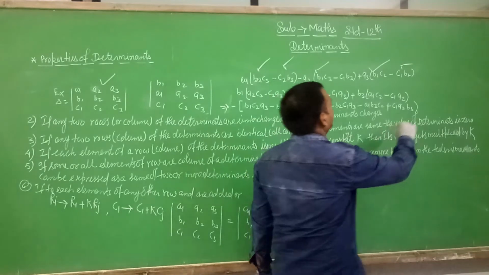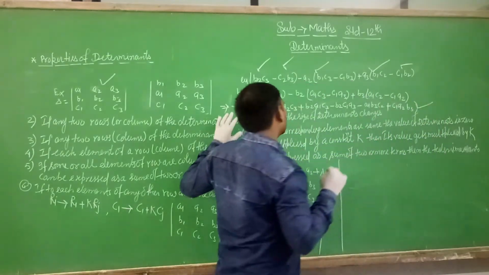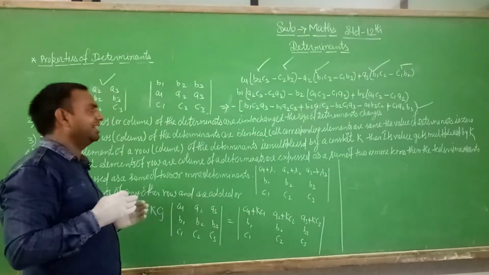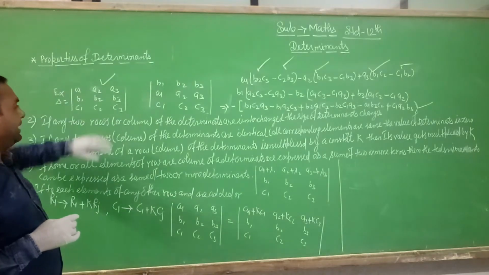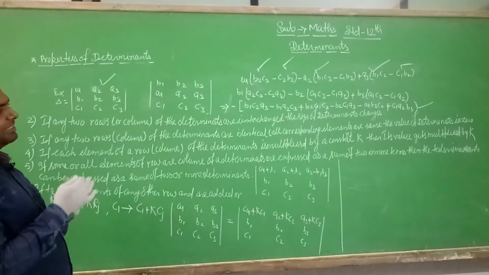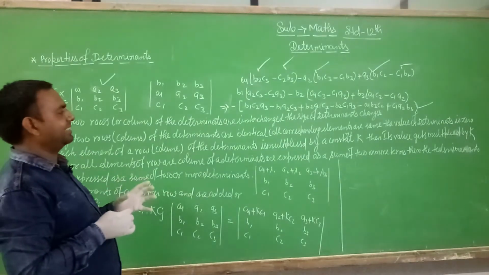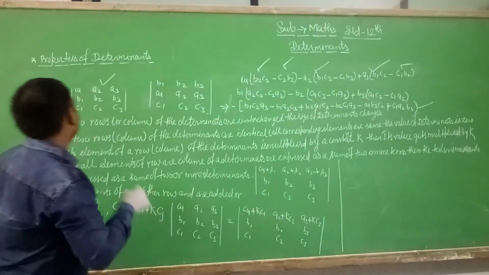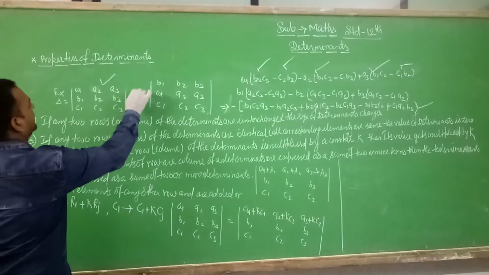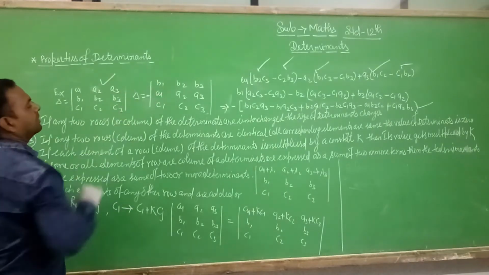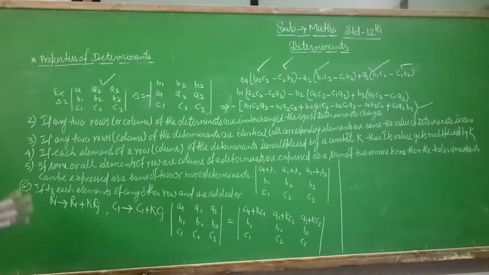So you see that I take the negative signs. If you interchange one row with another row, or one column with another column, there is only a change in the determinant: the positive is converted into negative. Only the sign will be changed, the value cannot be changed if you interchange the rows and columns with each other.